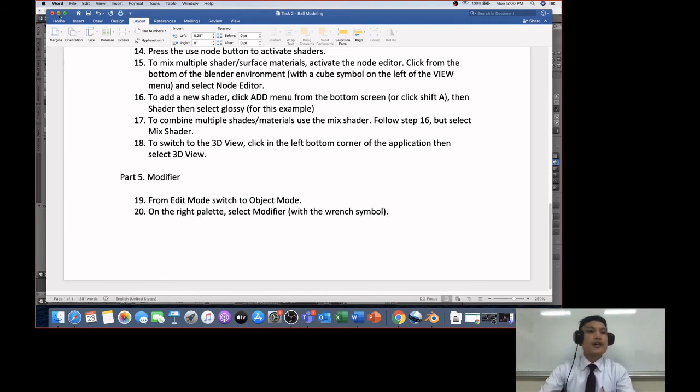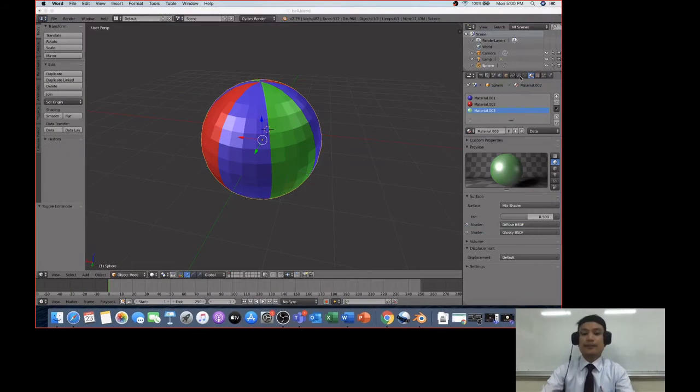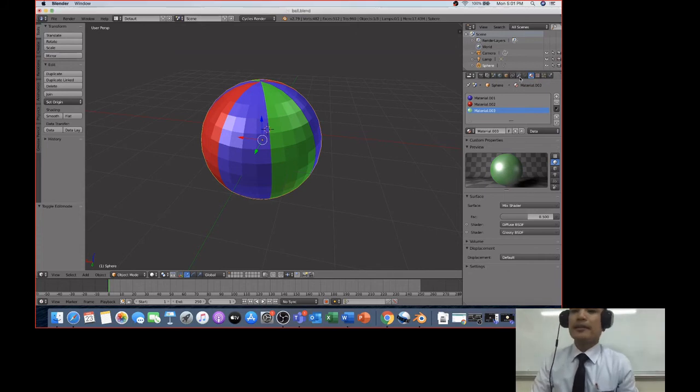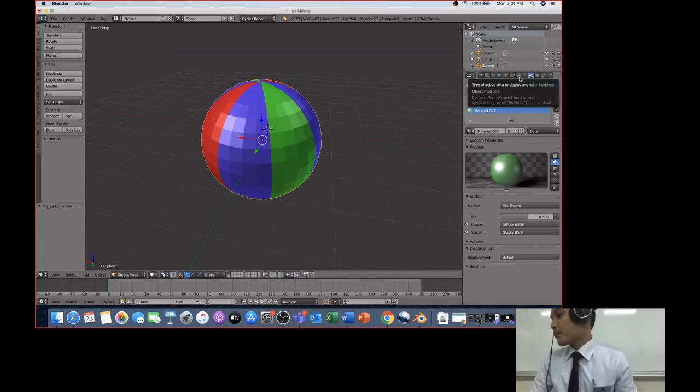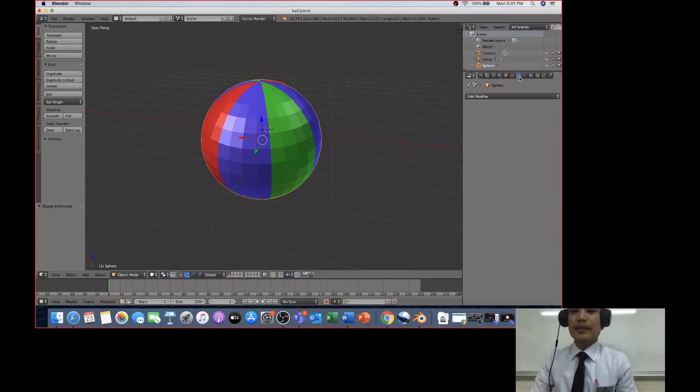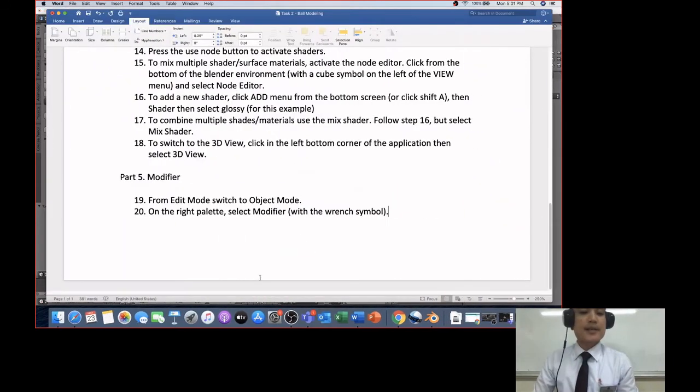So this, you have to select here, this one. Do you see my arrow pointing to that part of the window? Have you seen my arrow? This one, it says modifier. Click this wrench, this modifier here. Click it, and then go to the next step, which is